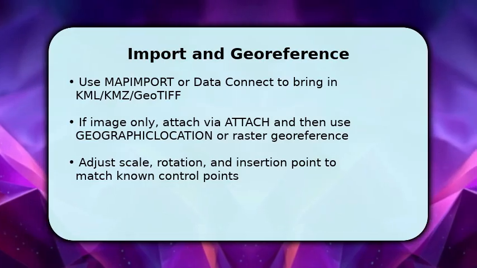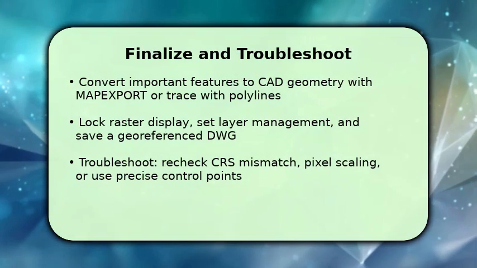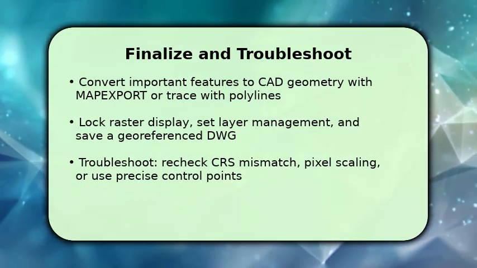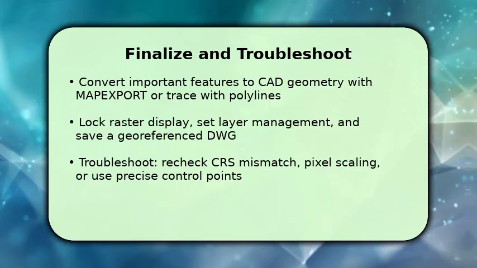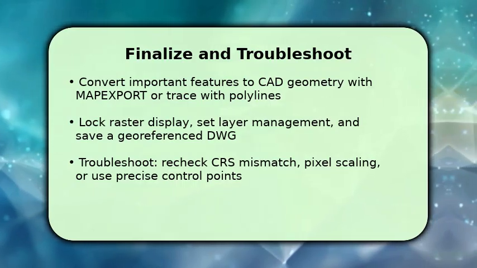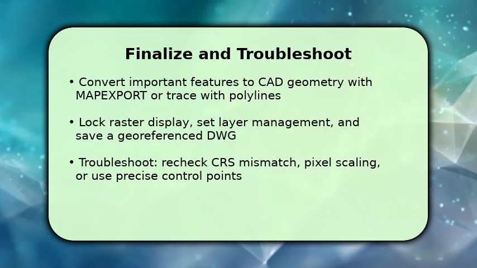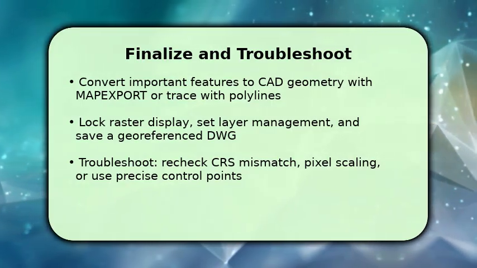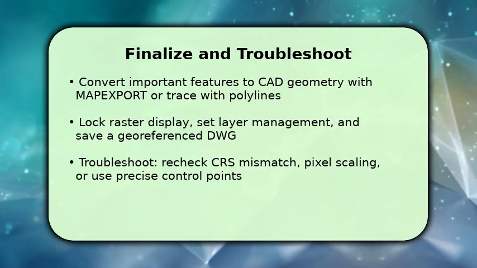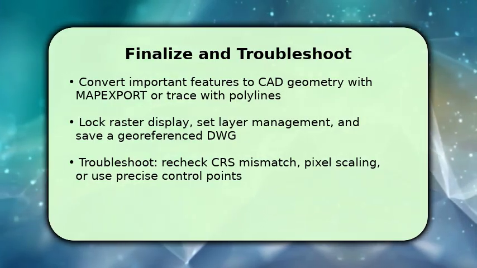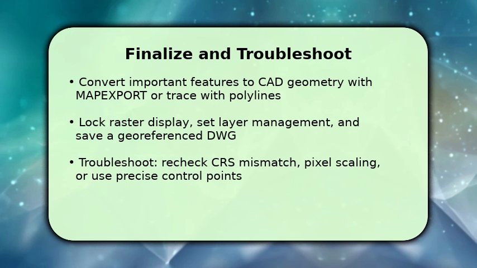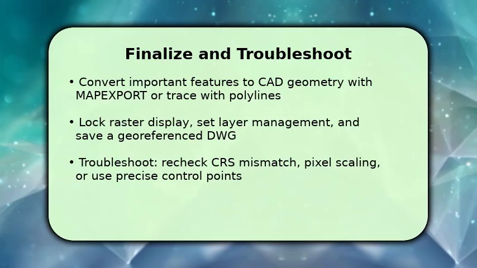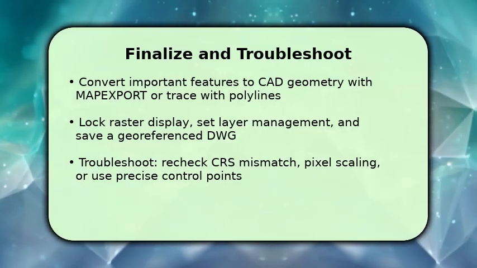Finally, convert what you need into editable CAD elements. Use MAPEXPORT or manually trace features with polylines for accurate vectors. Lock or freeze the raster layer, organize geometry on proper layers, and save the drawing as a georeferenced DWG so coordinates persist. If alignment looks off, check the projection matching. A CRS mismatch or incorrect scale causes most errors. As a single troubleshooting tip, confirm 3 or more precise control points and rerun align. That usually fixes small